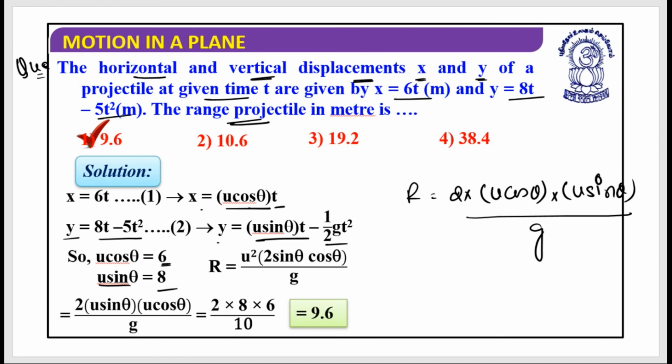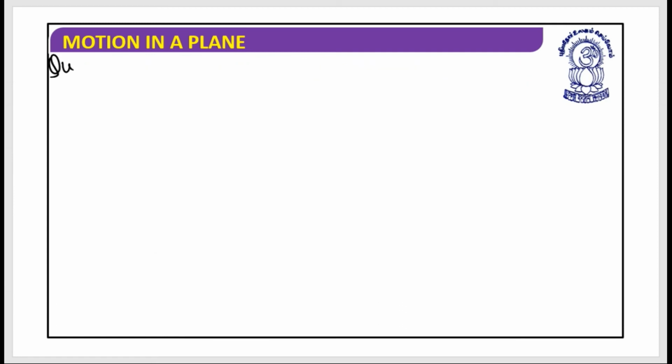So the range is equal to 2 multiplied by u cos theta, which is 6, multiplied by u sin theta, 8, divided by 10. It is the same thing that I did here. So the range would be equal to 9.6. Yes. Is it clear? One more question based on this data only, in the previous question,